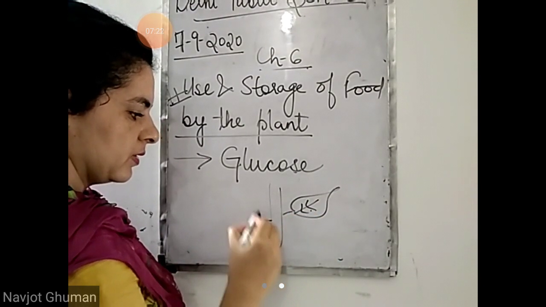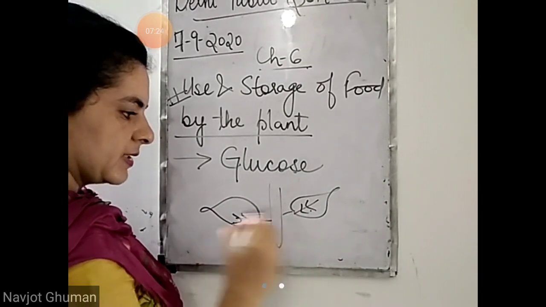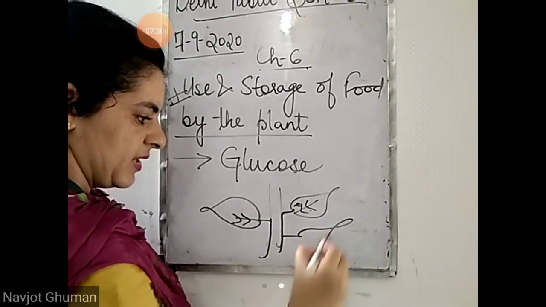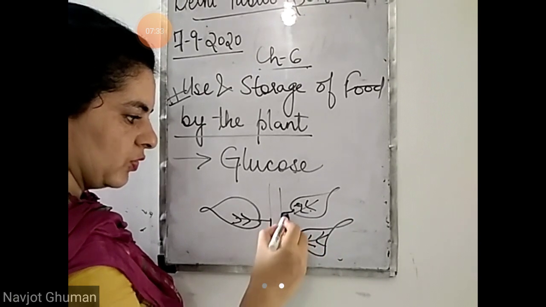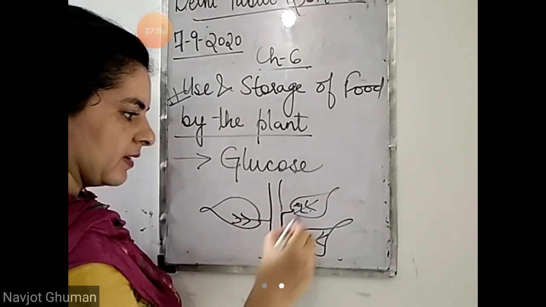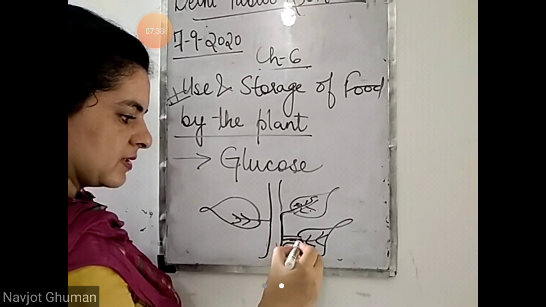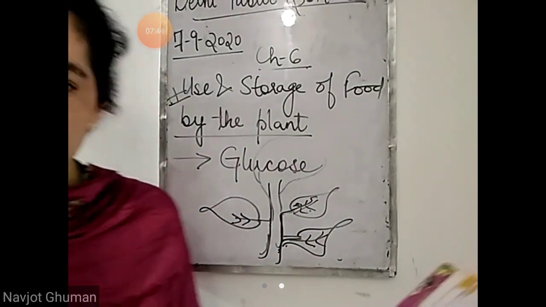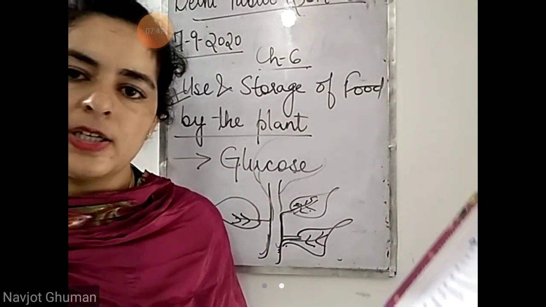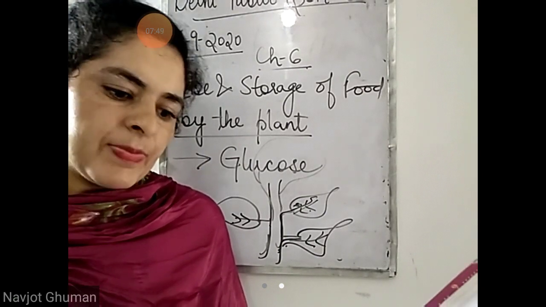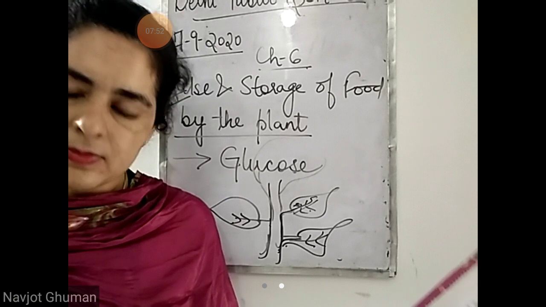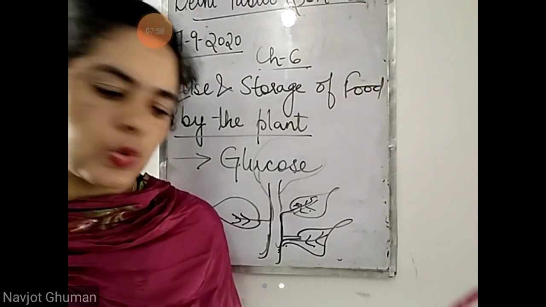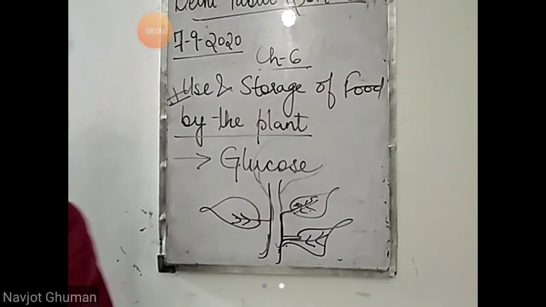And how will it go to other parts of the plant? It will go to other parts of the plant through the stem and branches और stem के through वो बाकी parts को जाएगा leaves से, from the branches to other parts of the plant, सारे parts को जाएगा खाना. So it will be used for its daily activities, जो भी वो daily activities होती हैं plants में उसमें use होगा. And the rest food that is left, जो खाना बच जाता है after utilization, that food is stored in the form of starch in different parts of the plant.